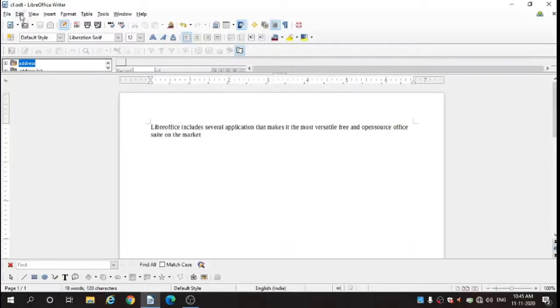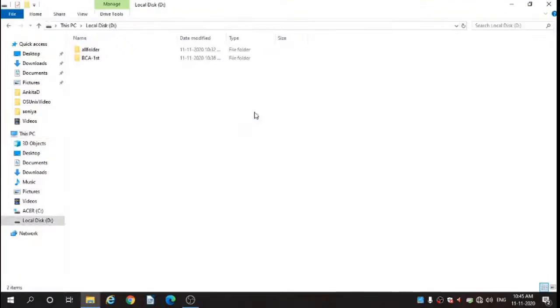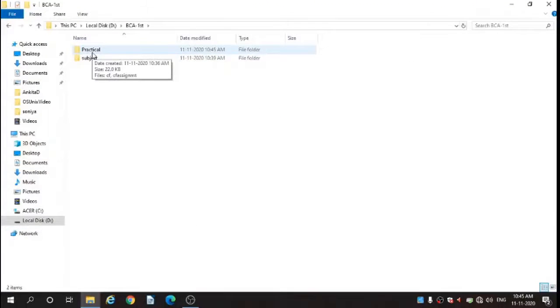Whatever name you have given for this file, it is shown here. Close it now. Again, This PC. From here, if you want to open your file, go through the path where you saved it.